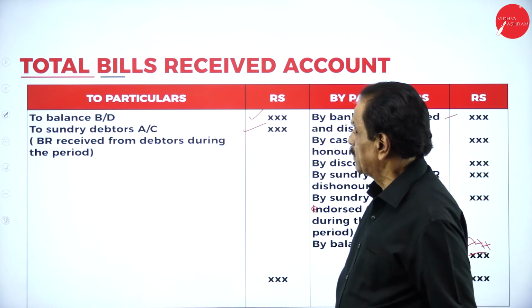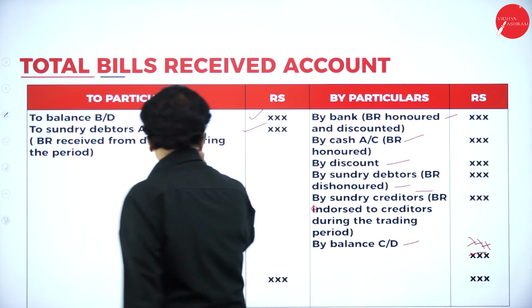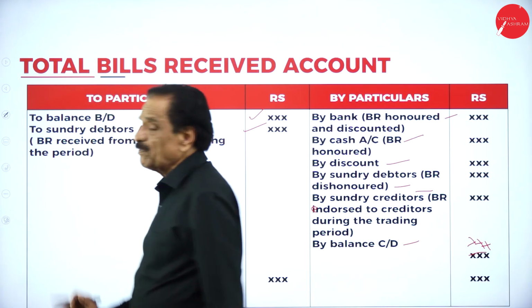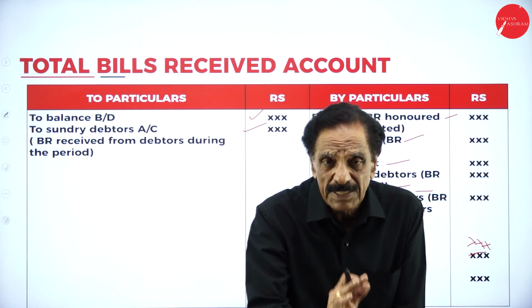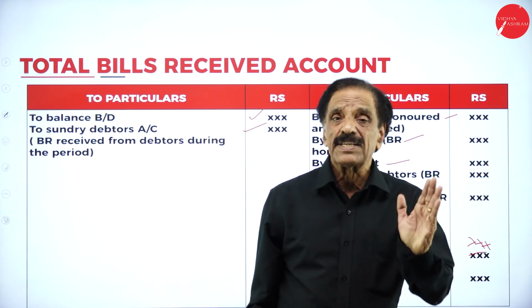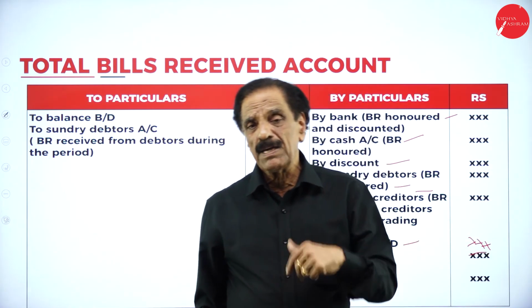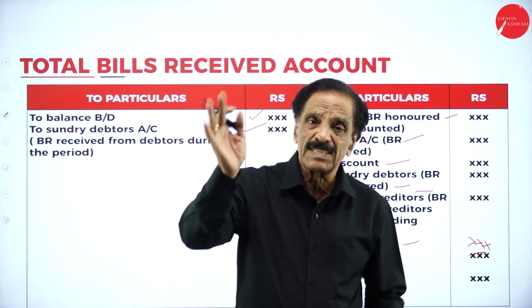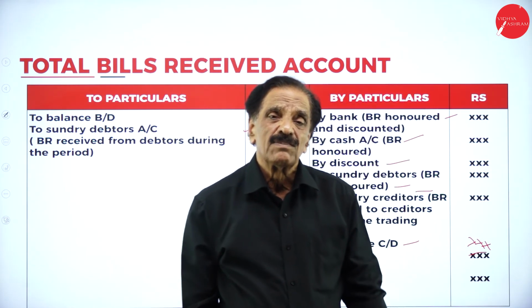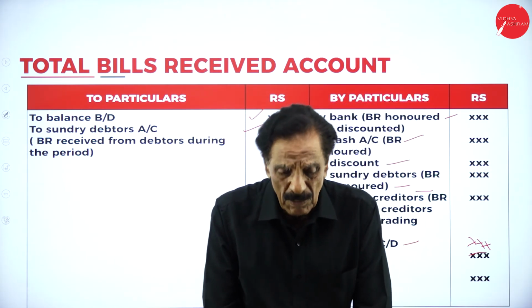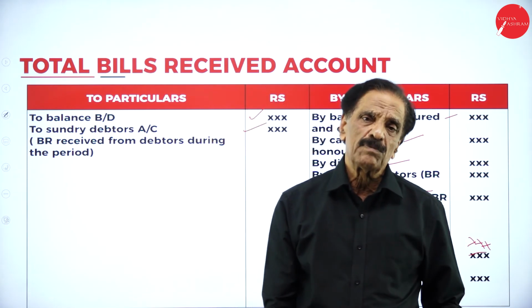Then if they ask to prepare the balance sheet, the right hand side is the asset side, the left hand side is the liability side. They will give the assets: debtor is on the asset side, creditor on the liability side, BP on the liability side, cash on the asset side. We'll bring out the difference, and we'll get the opening capital. Once you know that, we can move on to the problem now.